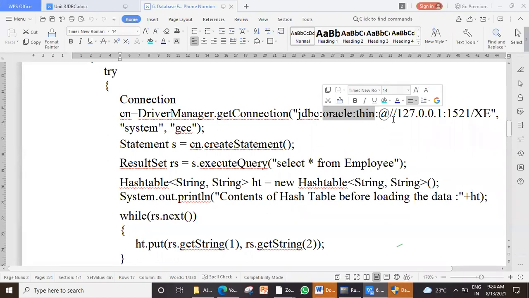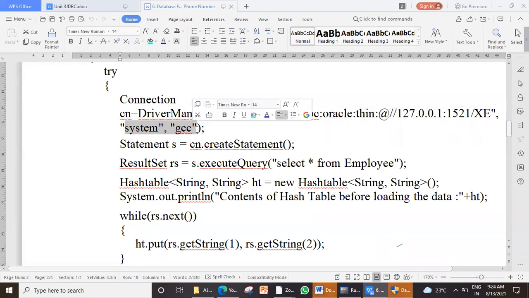I will share that recording to you. Clear? So this is a downloaded jar file. After downloading, you have to give this path. Clear? Okay. You remember that in our lab to log into Oracle, what is the username?